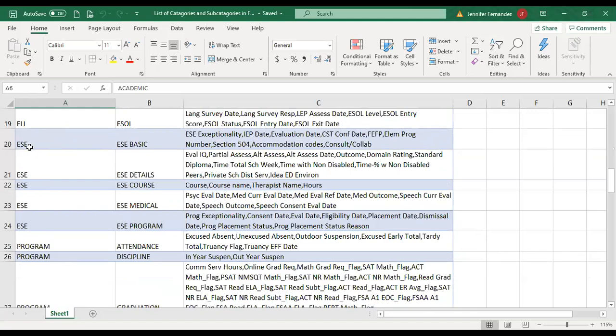Okay. Under the ESE category, there are quite a few subcategories under there. So for ESE, we have ESE Basic. So for example, ESE Exceptionality, that's going to give you your exceptionality code per student who has something attached to their name in the system. Okay, so keep in mind with file download, if you're getting, for example, all of your, let's just say 3rd grade students,